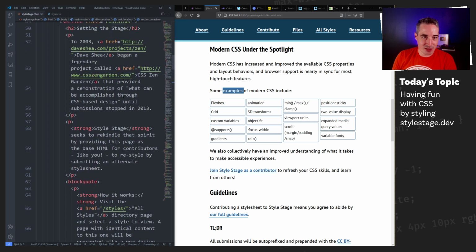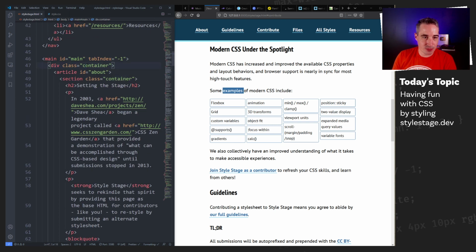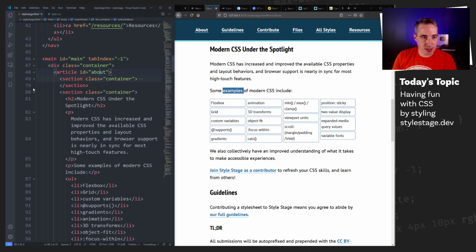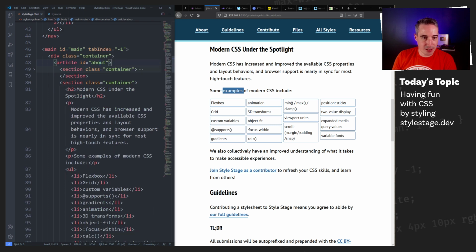But which container is that? Container, about, and then another container. I didn't realize we had a double container. That's okay. If I go to about... let me just see if I got this right. I have a section and a second section. So what I could do